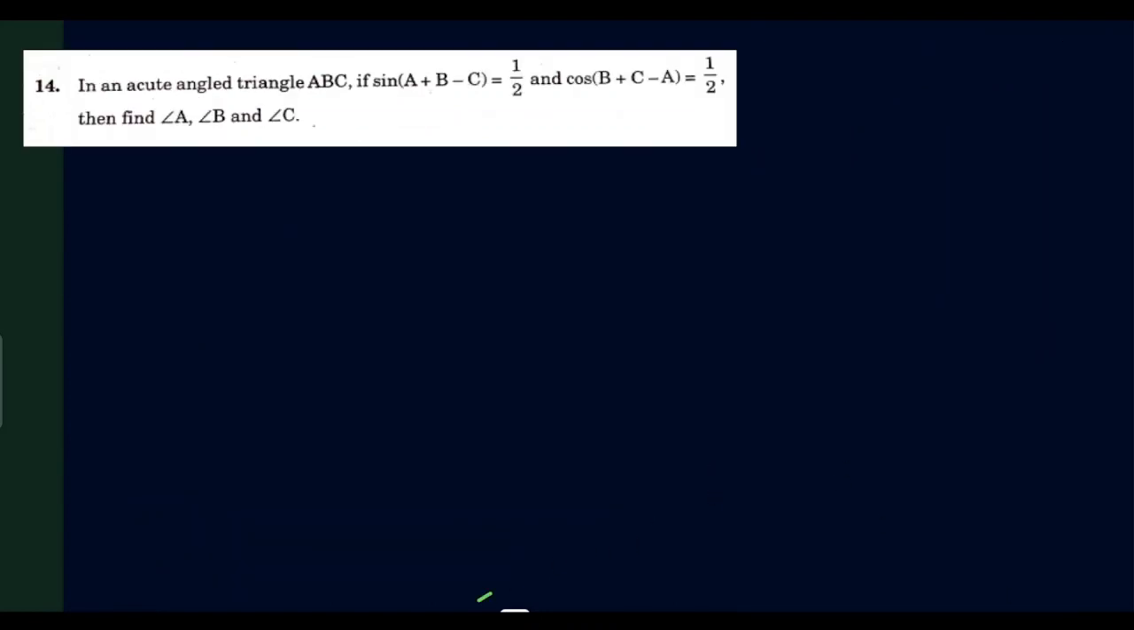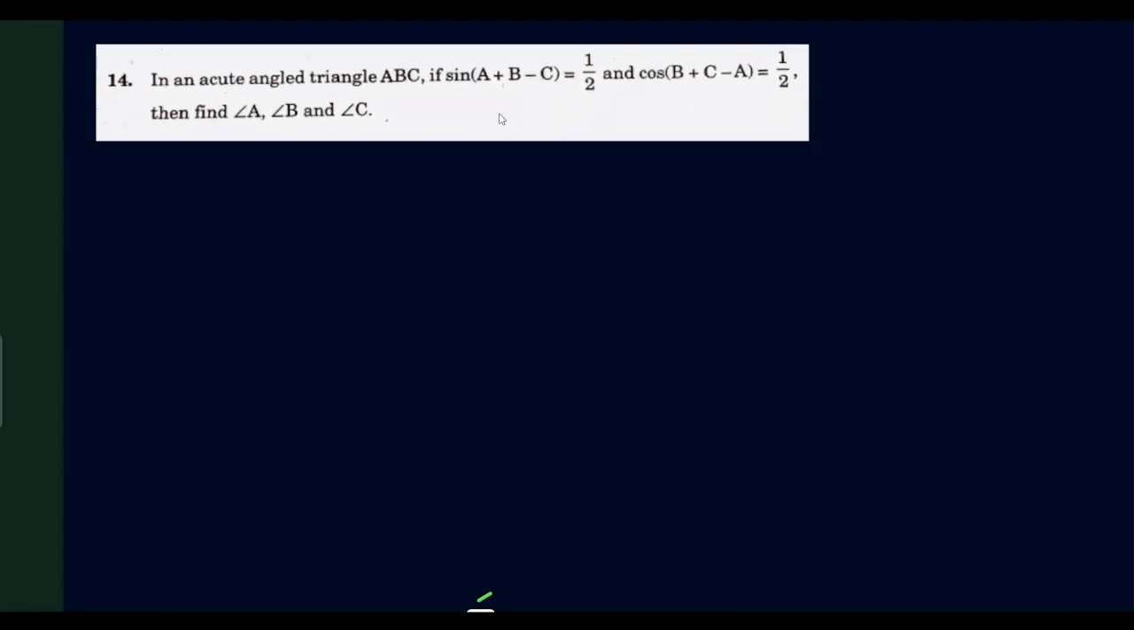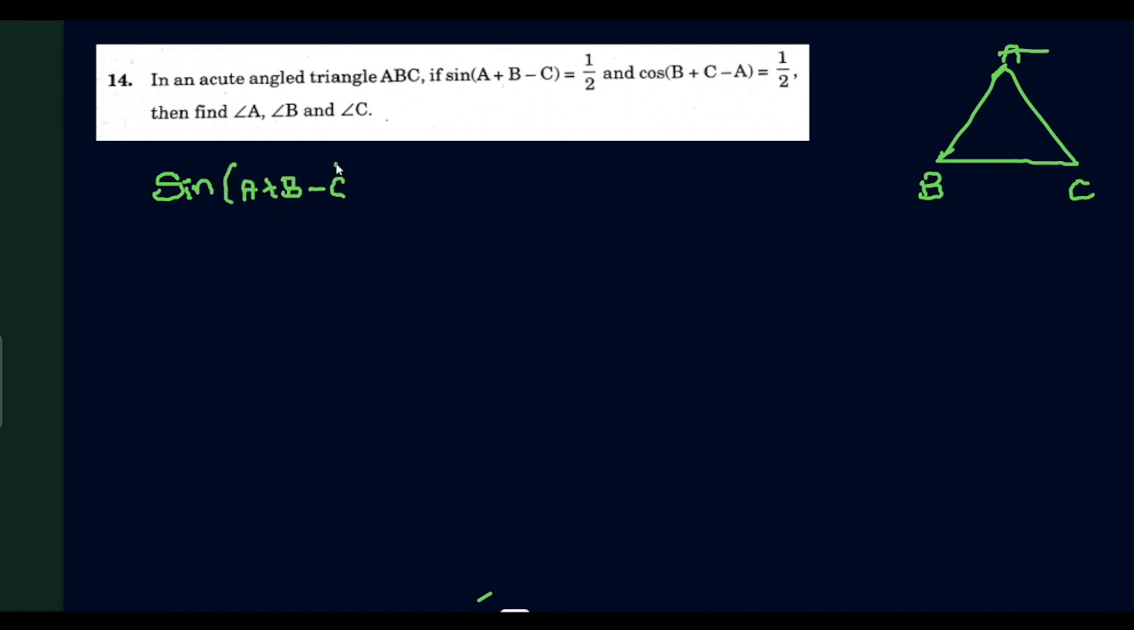So here he gave us some values of sine and cos, and is asking us to find A, B, C of a triangle. Okay, angles in a triangle. First, let's say this is triangle A, B, C. And here it is given that sine of A plus B minus C is equal to 1 by 2. But when will this sine become 1 by 2? Simply when A plus B minus C is equal to 30 degrees. Okay, sine 30 is equal to